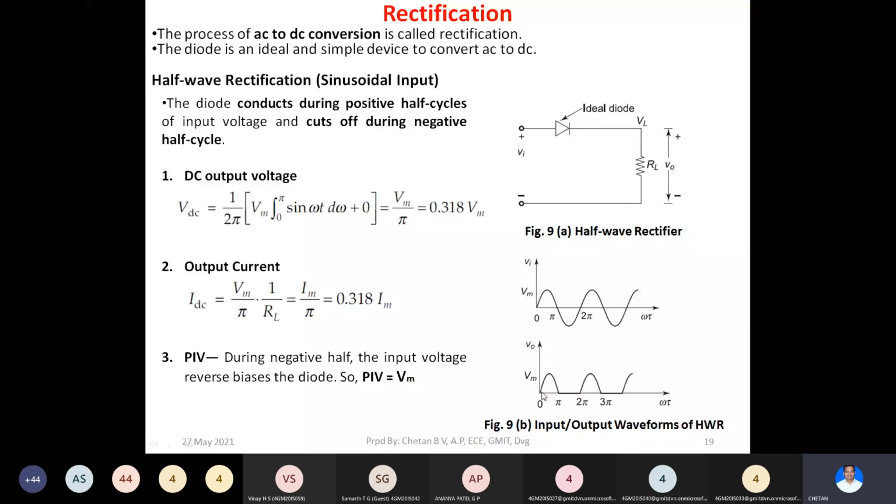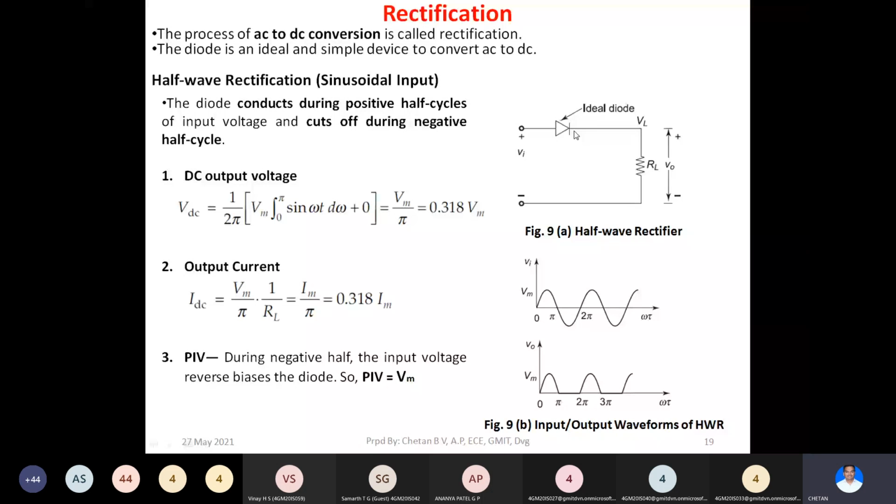To perform half wave rectification, you require only a single diode, and here it is considered as an ideal diode, which is just like a switch, right? So it will not impose any forward voltage or knee voltage here. Ideal diode means this is a straight connection. At the input you have Vi. This Vi can also be fed from a step down transformer. The output from the secondary of the transformer you can feed here as input Vi.